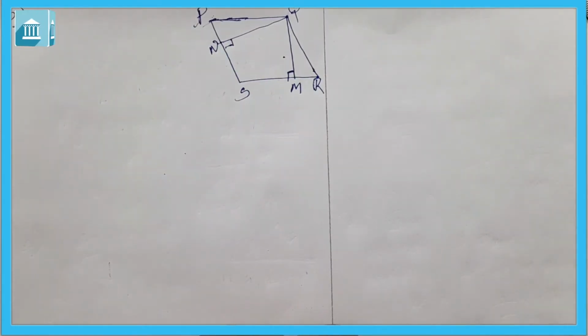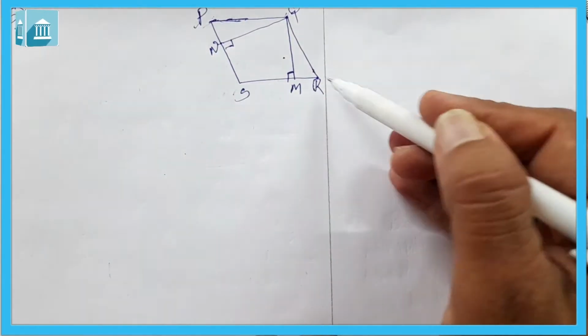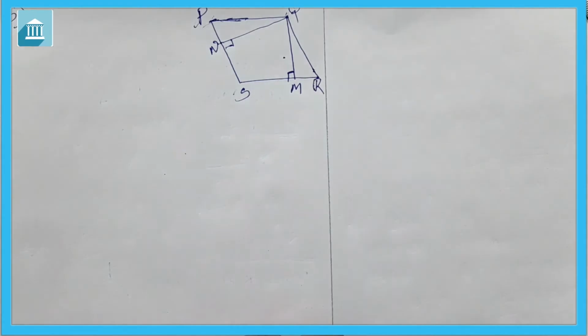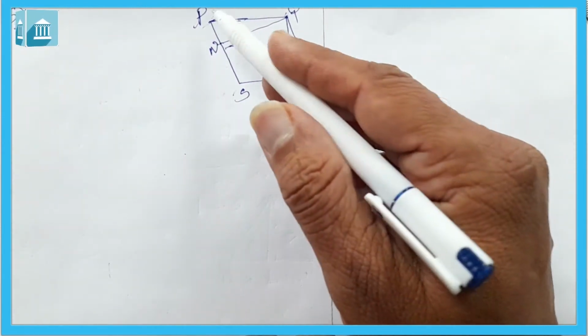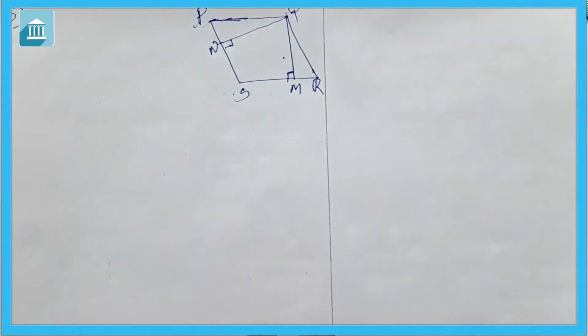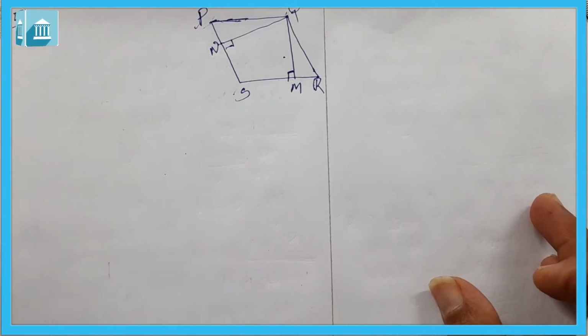Let us see question number 5. Question number 5 is PQRS is a parallelogram. Here it is figure, PQRS is parallelogram where QM is the height from Q to SR. Here we can see that QM is the height from Q to SR, means SR is base and QM is height. Then QN is the height from Q to PS, means if PS is base then QN will be the height. If SR is equal to 12 and QM is equal to 7.6.